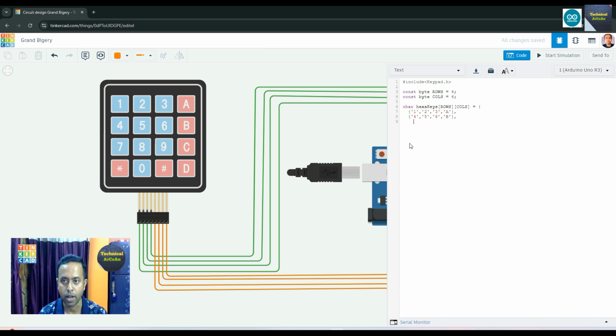Brace close, comma, next character set. This starts with 7, 8, 9 and capital C. Brace close, comma, and the last character set starts with asterisk, then 0, then hash, and the last one is D. Okay, so we have defined all the character sets for the 2-dimensional character array. Now we define